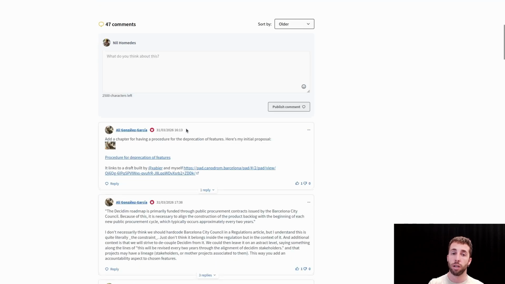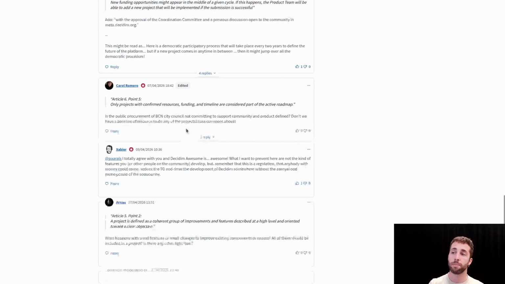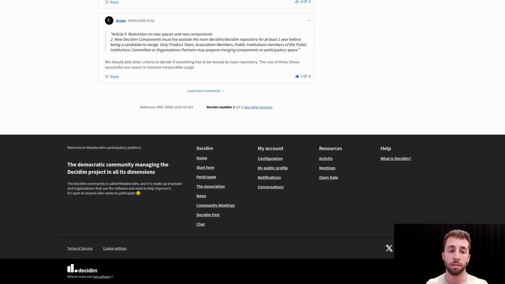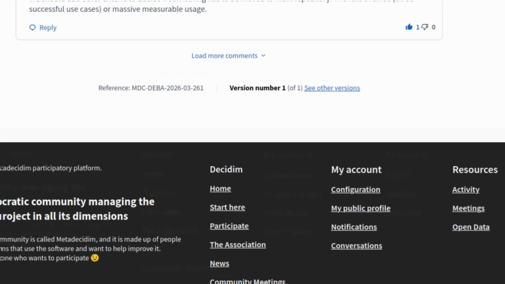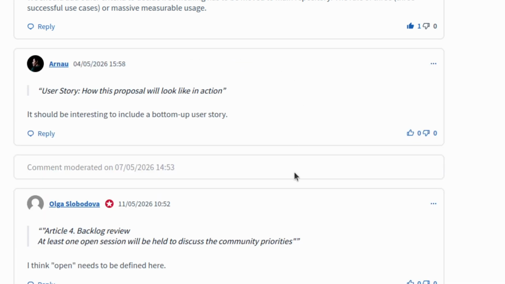So, for example, as you can see here in a debate with a lot of comments, now what we have applied is that on the bottom of the page, now we have this button to load more comments. So if I click on it, then the rest of the comments are loaded, improving the performance of the Decidim